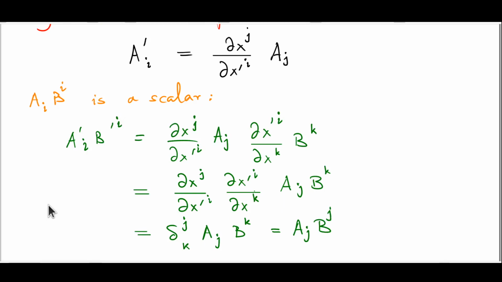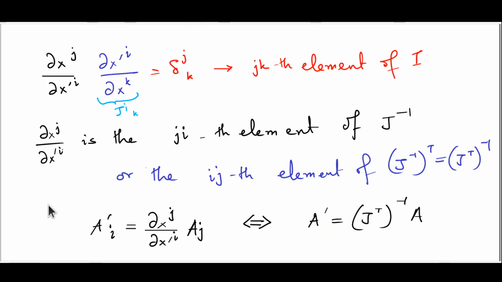It should be possible for you to verify on your own, just on the basis of properties of partial derivatives, that these two quantities, a prime i b prime i and a i b i, are exactly the same. So, the basic defining property of a covector, something which gives the number from a vector in a linear fashion, is valid here. In order to see the inner consistency of our results for the general coordinate transformation with the